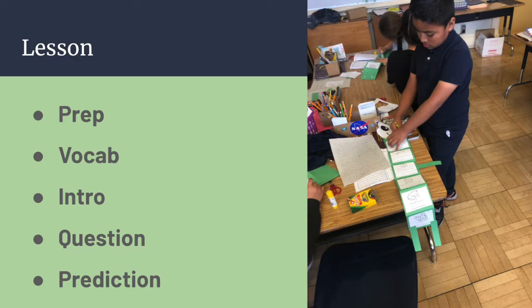So okay, next, the question for this week that I used was, what are the correct steps of the frog life cycle? So I had them write that down in their journals. And then for the prediction, what I did this week was I wrote the 6 steps down from the frog life cycle on the board and kind of scrambled it up. And I had them predict the order of the frog life cycle.